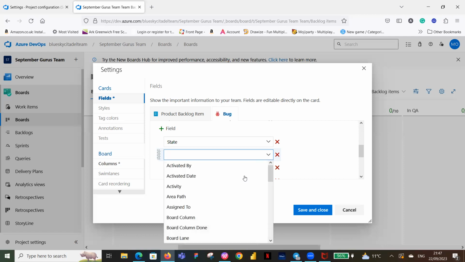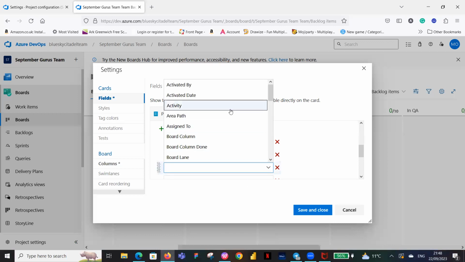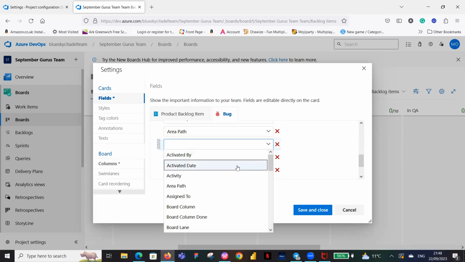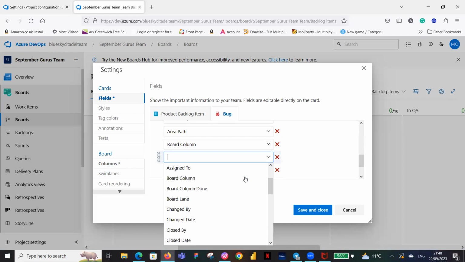And again, we just want to add, so for this one, because this is a bug, you want to put created by, who created the bug. And then we want to also look at, let's pick area path also. We can pick also the iteration part so that it shows us the iteration. We can pick the board column, but there is a particular one also that we need to pick here. We want to pick